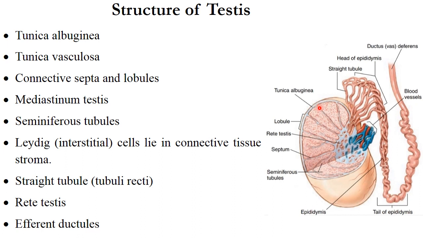Now the tunica albuginea gives septum, connective tissue. Septa arise from the capsule, and this will divide the testis into lobules. So these are the septa which will divide the testis into lobules. Then there is mediastinum testis. It is the thick part of tunica albuginea that gives passage to the vessels and the ducts of the testis. Then within each lobule